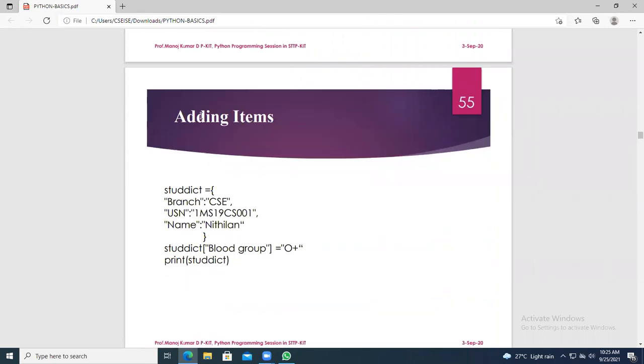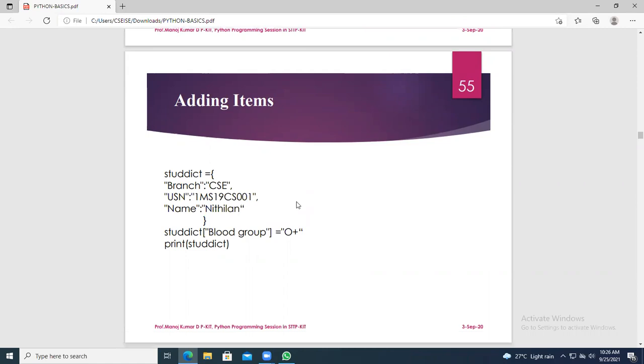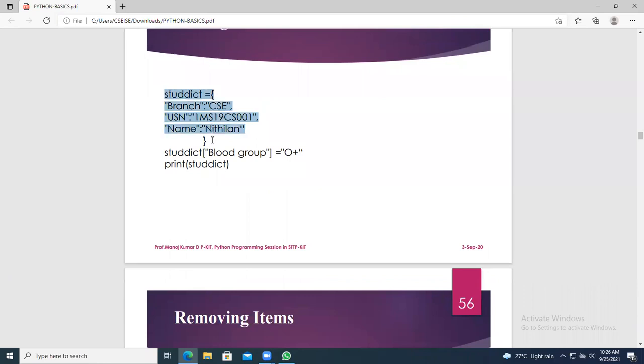So now you come to adding the items. How do you add items into an already existing dictionary? The dictionary has already been created. In order to add a key value pair, you should write stdict of blood group is equal to O positive. Keep in your mind, while creating a dictionary you use a colon, but while assigning an item you should use equals.